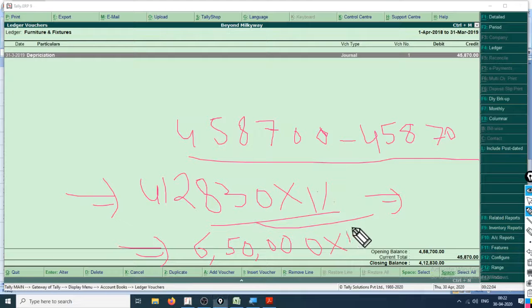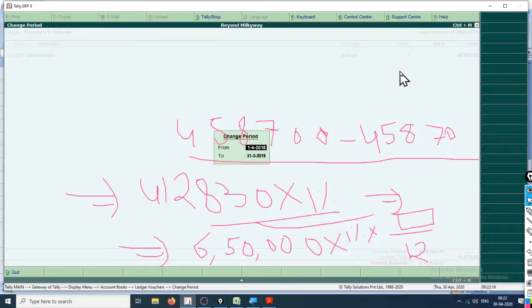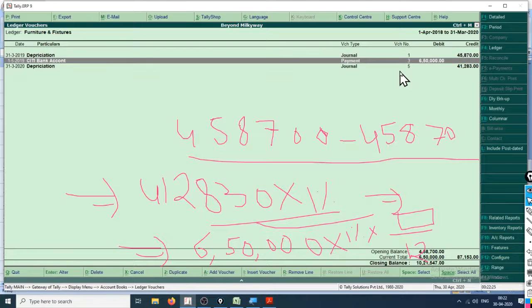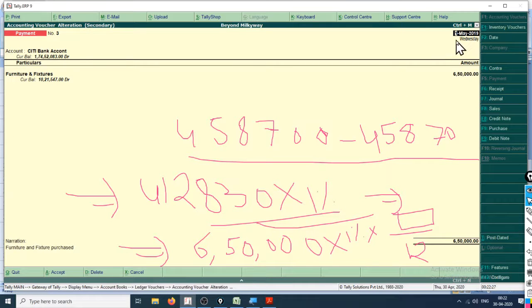Where is the depreciation of that 6,50,000? It is 10% into months, divide by 12, into total months used. Let's see what is the amount of total months used. Alt F2, changing the period, 31/3/20, and yes, it was purchased on 1st of May, hence it is used for 11 months.